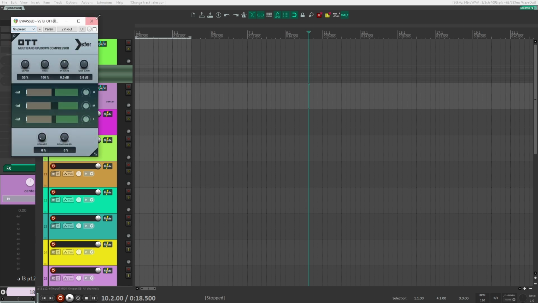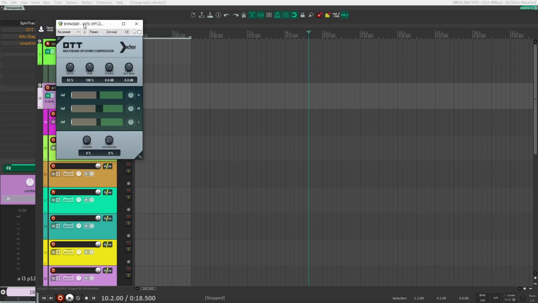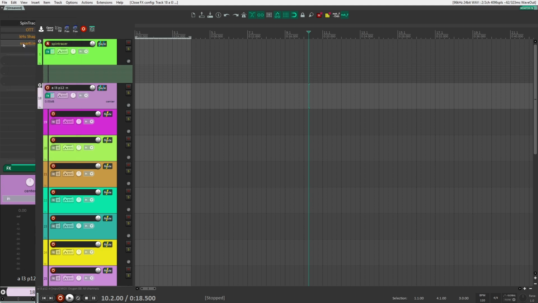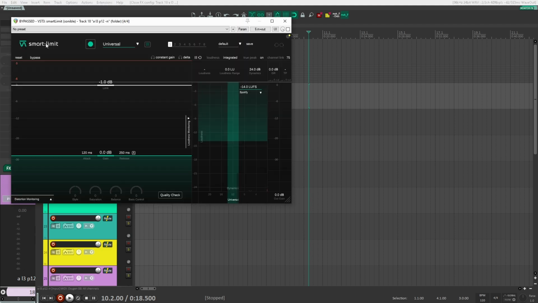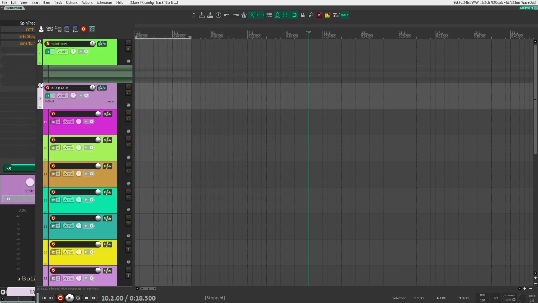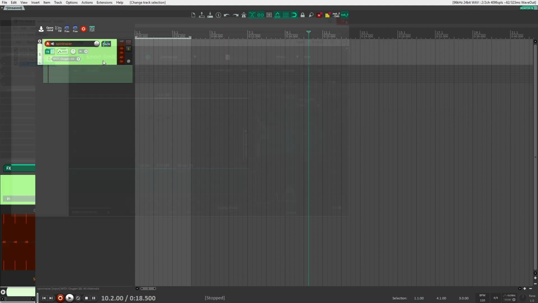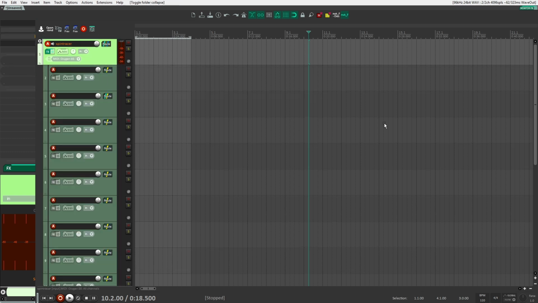I like to have a few other effects here, like OTT, a bit of saturation distortion from a KHS shaper, and then a limiter on there. They're not even on, but I like to have them there so they're ready to go if I ever want to turn them on. So I'm going to leave that like that. I'm going to turn off the OTT and the shaper, and just leave on the limiter for now. Now let's put a few sounds on my tracks so we can see how Spintracer works